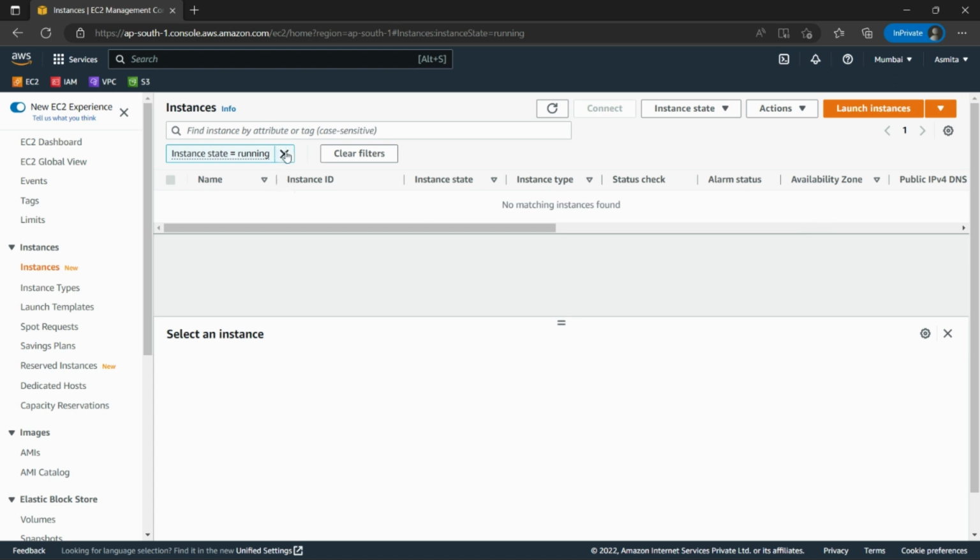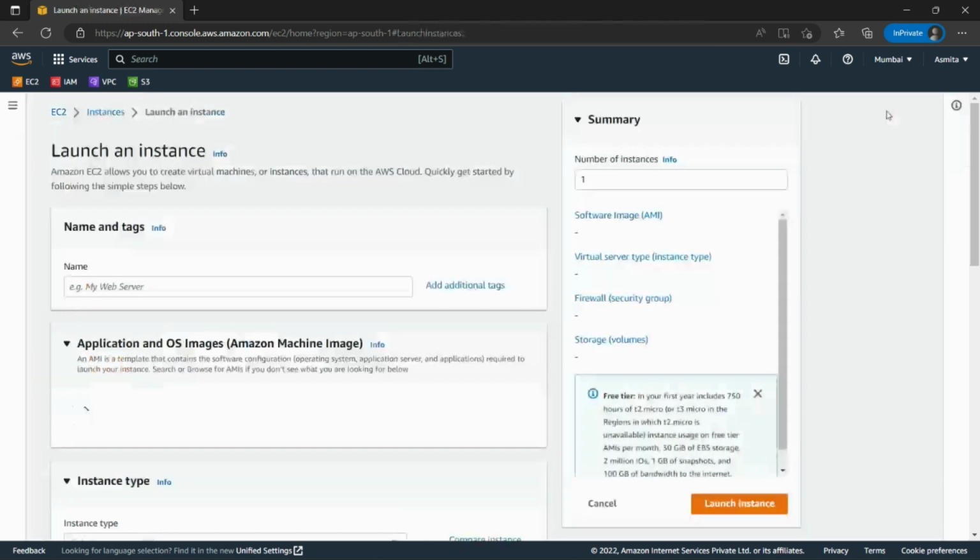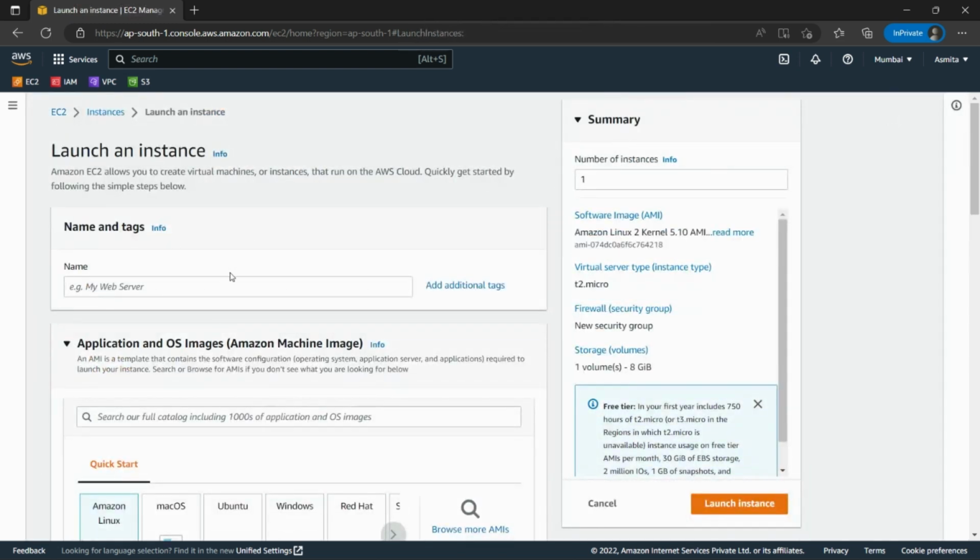Now, if I remove this filter, there is no any instance in this region. Okay, so launch instances. After clicking on launch instance, we have to give first the name to your server. Okay, suppose I'll give here server 12, whatever the name you want to give. You can give as per your purpose of starting this server, as per your project, or whatever